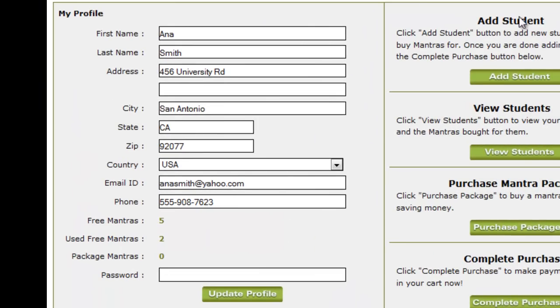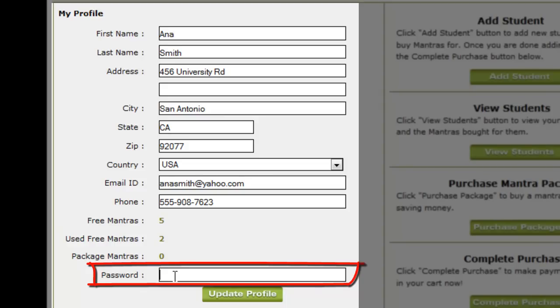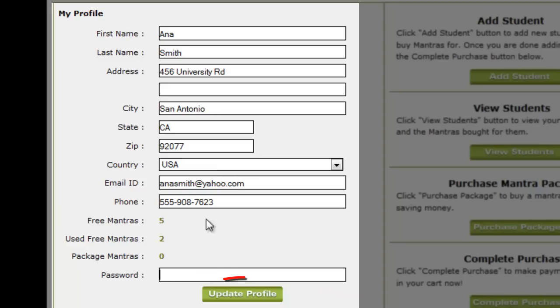On the left, you see your profile with all your information. This information can be updated at any time, including resetting your password by entering a new password in the password field. Make sure that when you finish updating your information, you click the Update Profile button so the changes can